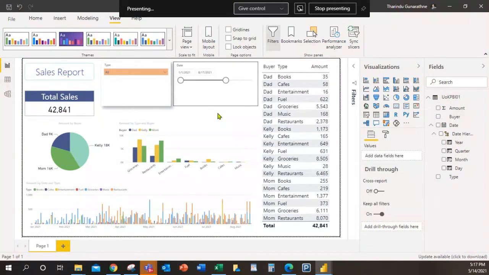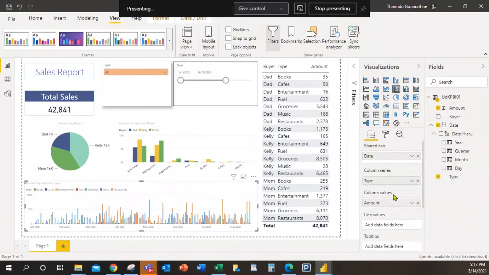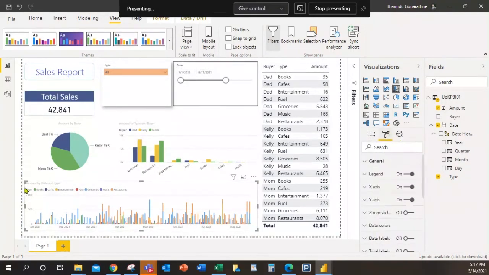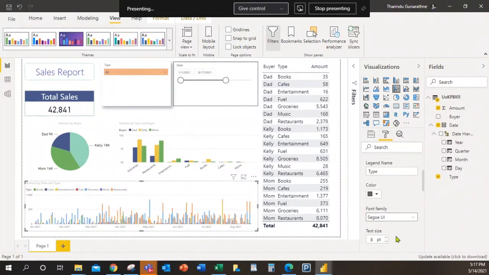I'll remain with this theme, and I will increase the size of legends, because even I can't read it. Okay, now I can read it.